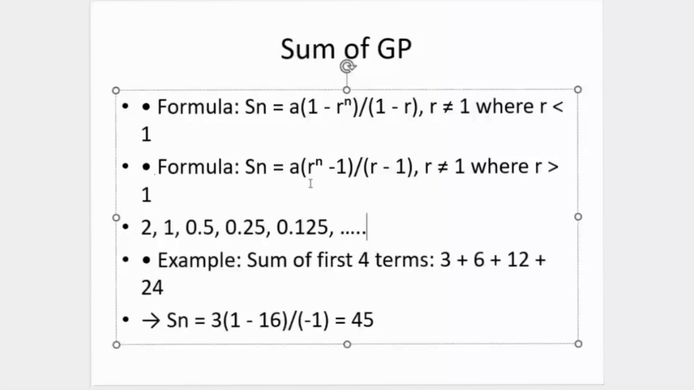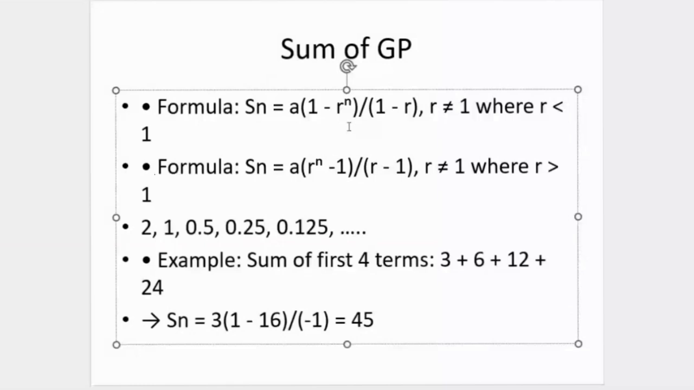And then we have an example here. We have the same GP that we had in the previous slide, and we are asked to find the sum of the first 4 terms. To sum this up by hand, it should be 3 plus 6, which is 9, plus 12 is 21, plus 24, which is 45. But then you should plug them into the formula. So we have A, which is 3, times 1 minus R to the power n. Now R is 2, so 2 to the power of 4 is 16, over 1 minus R, and our R